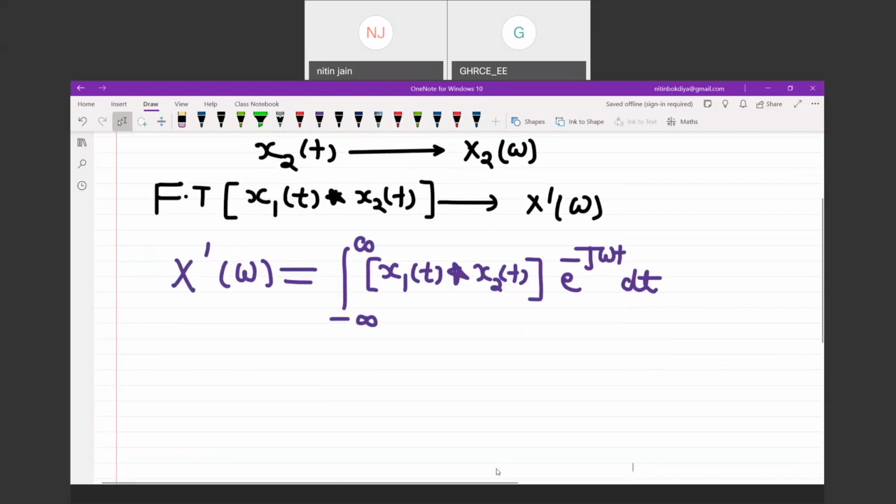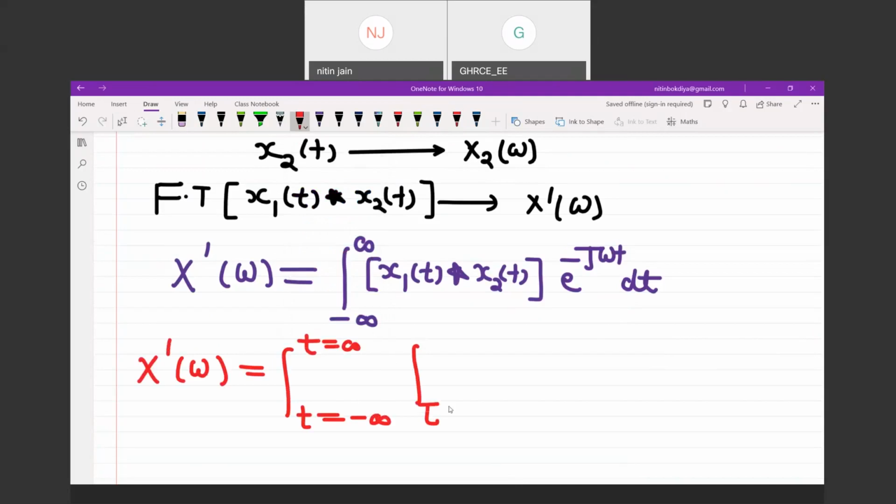The convolution of two functions is, for t equal to minus infinity to infinity, the integral from tau equal to minus infinity to infinity of x1(tau) into x2(t minus tau) d tau,